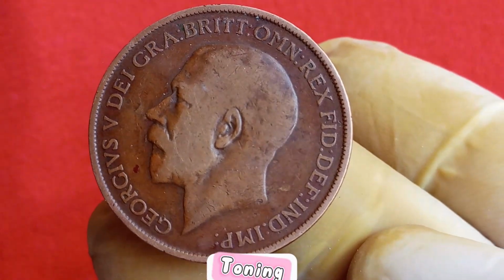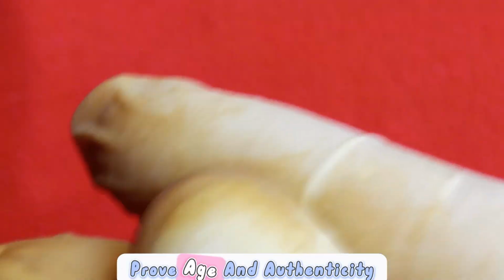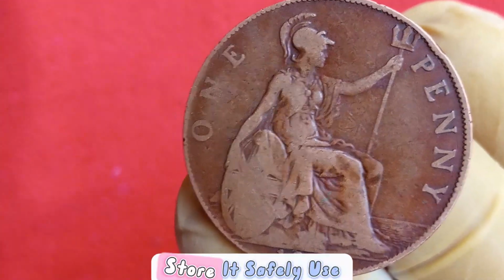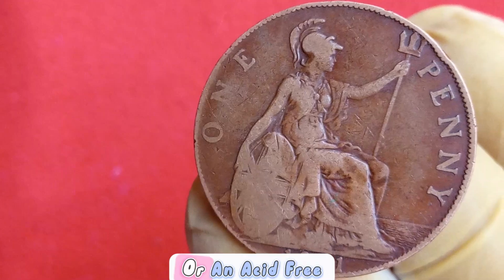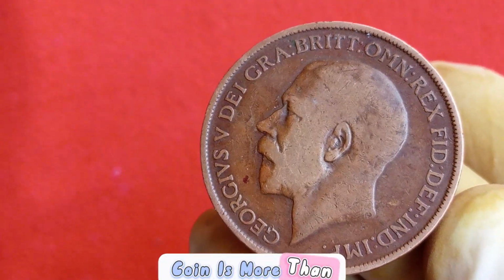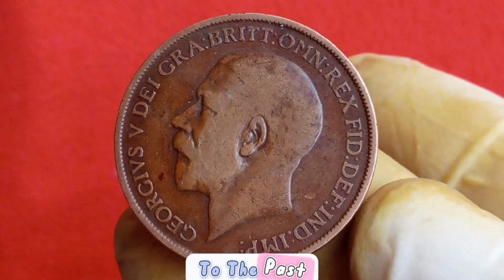Look for wear and toning, original patina can help prove age and authenticity. Never clean it, cleaning can ruin value. Leave it in its natural state, store it safely, use a coin capsule or an acid-free coin holder to preserve it. The IND 1911 coin is more than just an object, it is a gateway to the past,